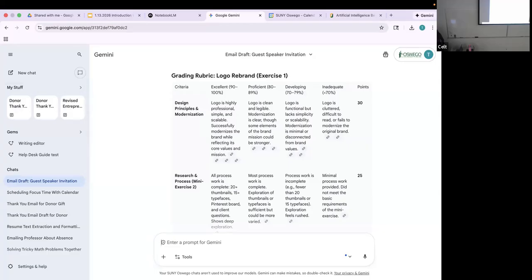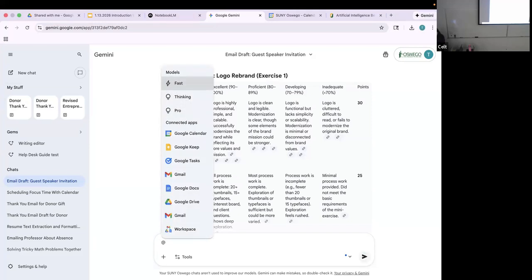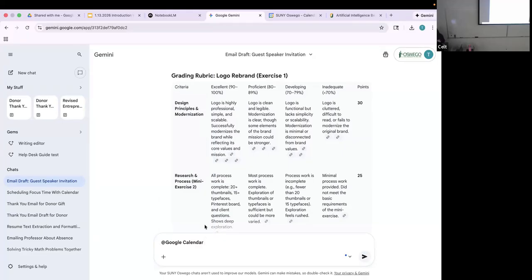All right. Okay. So I'll go ahead and show you guys how Google Workspace connects to this. This is a really cool feature. You guys can try this along with me if you want. When you do the @ sign, it will pop up all these things. Today we're just going to do Google Calendar. And then you can say,